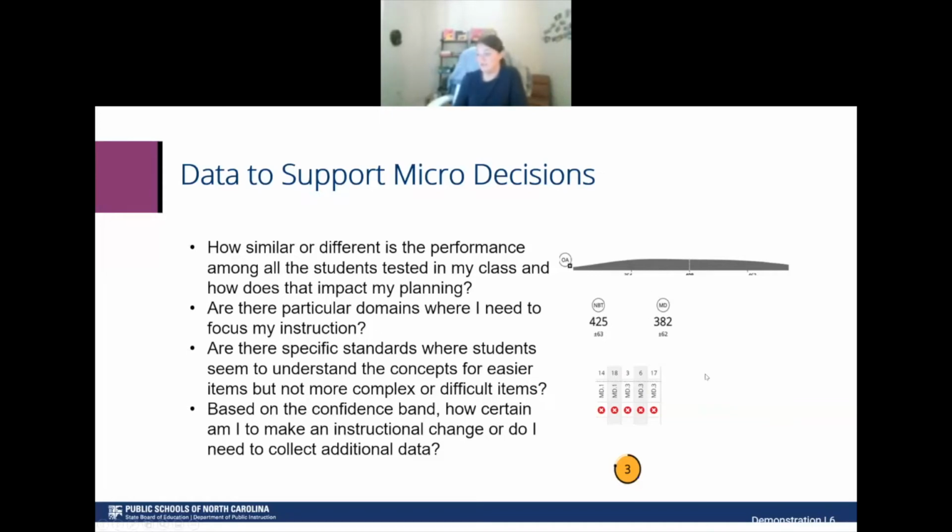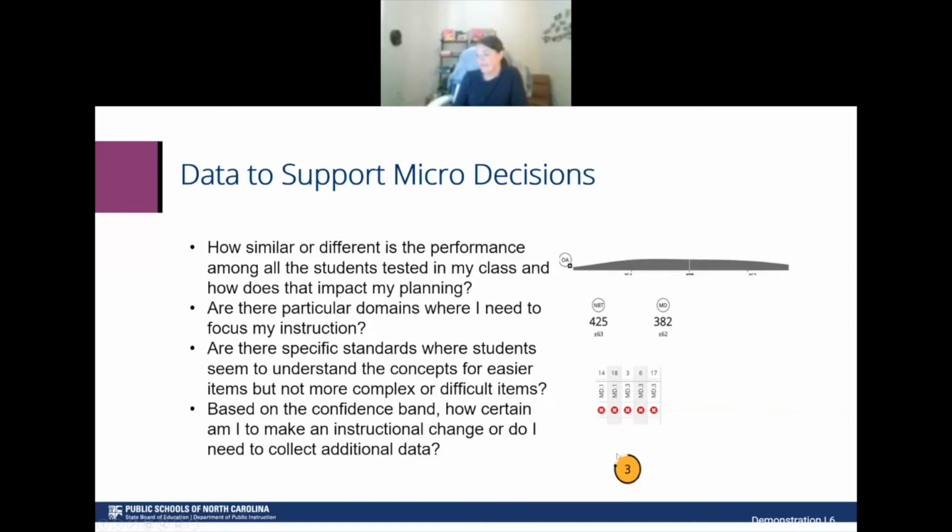We also do provide, as part of the reporting, item level measures of the different standards. So, in this particular case, if you can see this little graphic with the red X's, this is the cluster of standards underneath measurement and data. And you can start to see that in general, across those standards, at least this particular student struggled with those items.